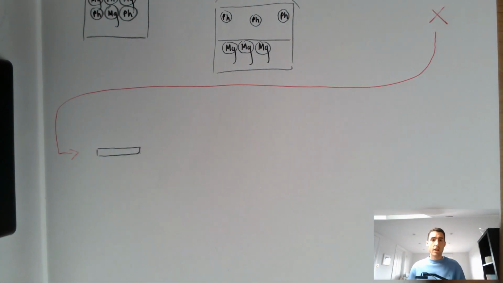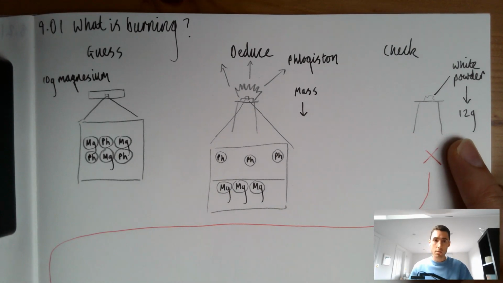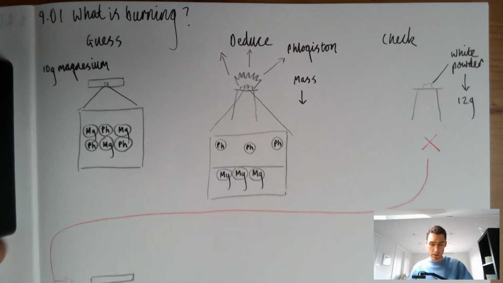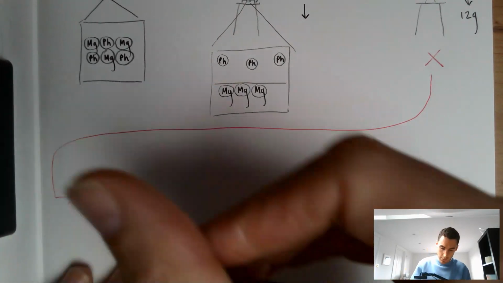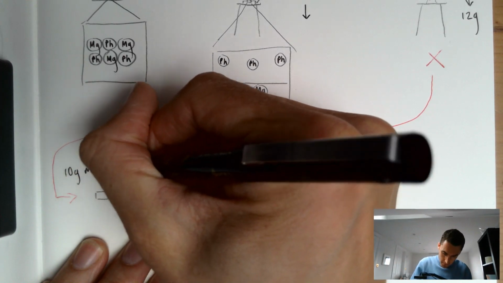But what Lavoisier thought was that, okay, if the mass is going up, well then, phlogiston can't be being lost. That just makes no sense. Clearly, something must be taken in from the air instead. He flipped the way of thinking about it, and that helped to explain this result. So let's say we start with our 10 grams of magnesium. The way Lavoisier thought about it